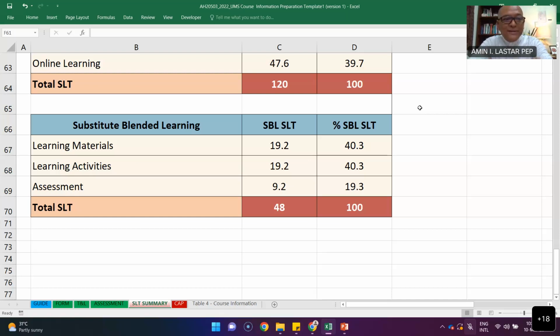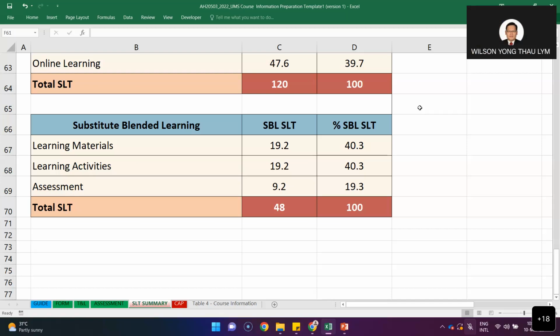trouble at the end of the year when we are doing the audit for the blended learning. And I'm not so sure, has everybody in IPB registered in the ITEL platform yet? Have you registered your course in ITEL? I think, IPB, we have registered all the courses that we offered this semester in ITEL. Yeah, we have registered all the courses.